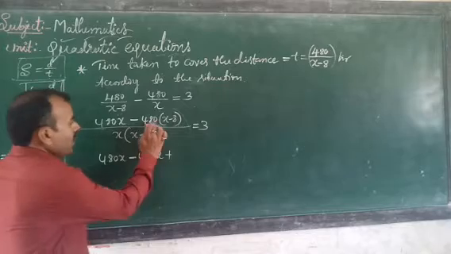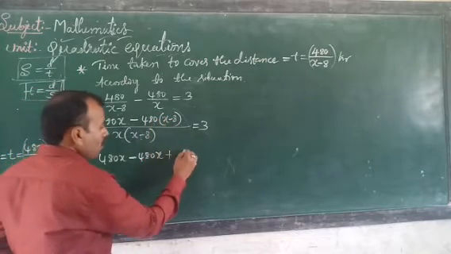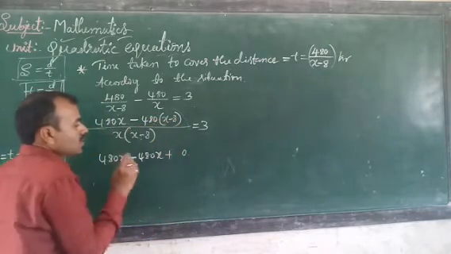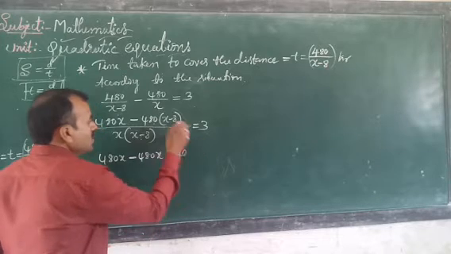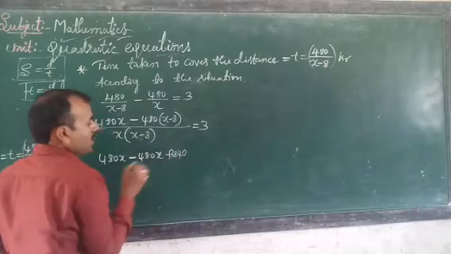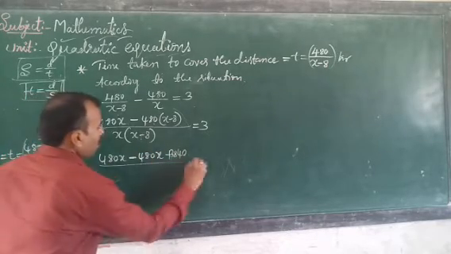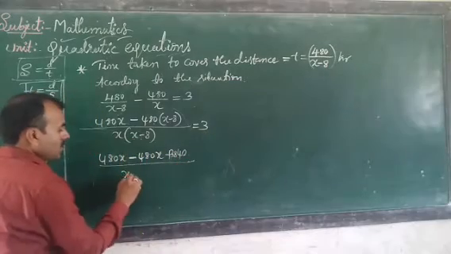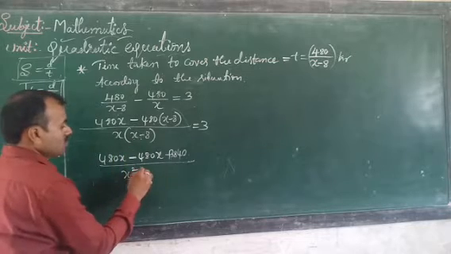Multiply 480 and 8. 8 into 0, 0. 8 8s are 64. 8 4s are 32 plus 6 is 38, 3840 by x into x square plus into minus x